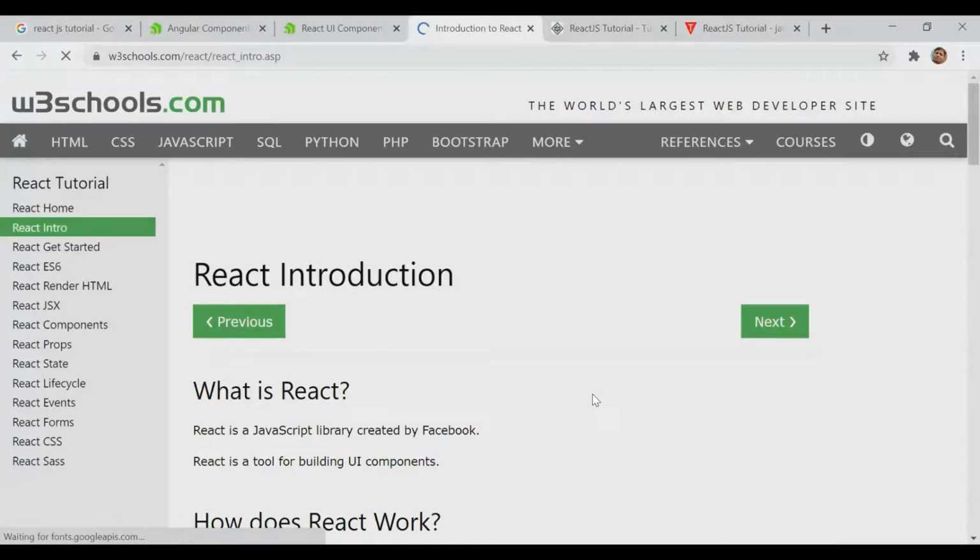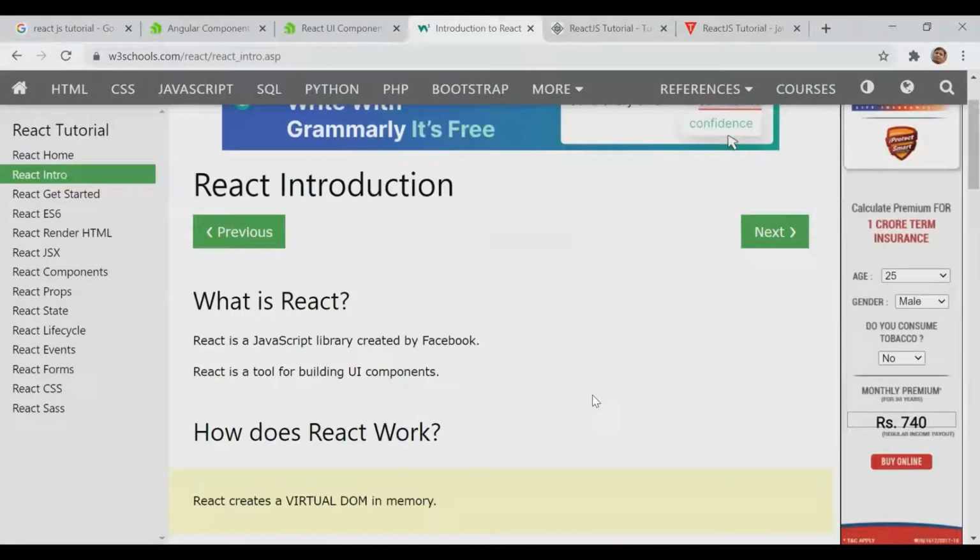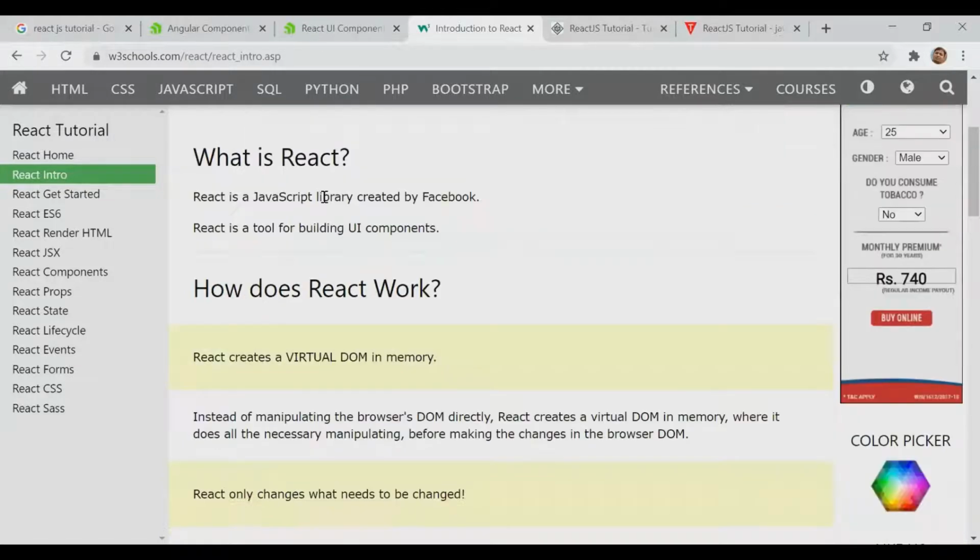So what is React? React is a library. Angular is also a library, right? No, it is a framework. React is a library and Angular is a framework.